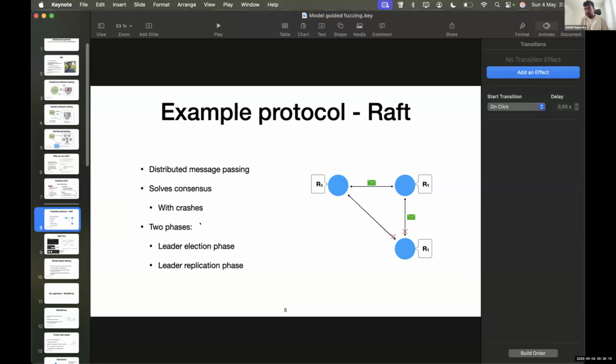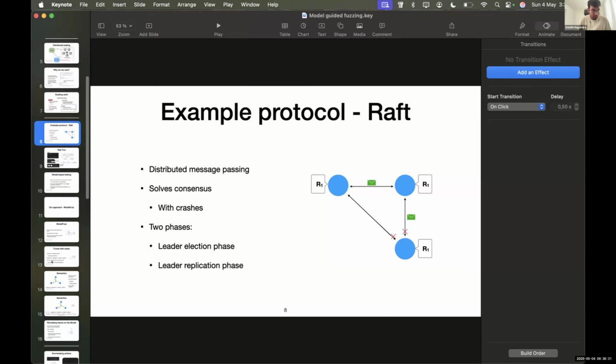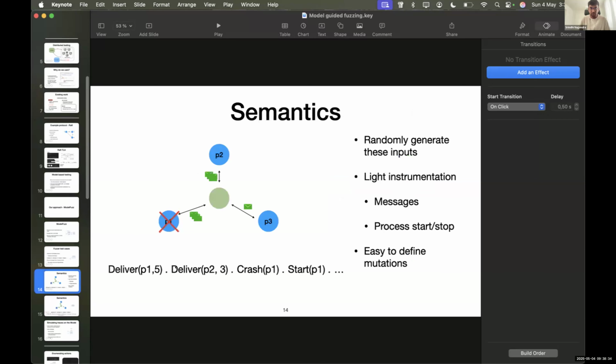I don't know exactly what you mean by input. I'll talk about two inputs and maybe this answers your question. First, let me move to the slide which defines our input. You see here the sequence deliver P15, deliver P23, and so on. This is our input. This is essentially what we run on the implementation. And perturbing it is the idea. To perturb it gets us to a new state in the model, and that's the goal. We want to cover as much of the model as possible. Yes, perturbing it completely changes what runs, and that's kind of the idea. We want to get to a new state.